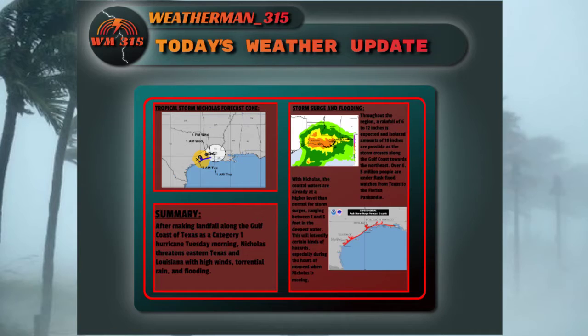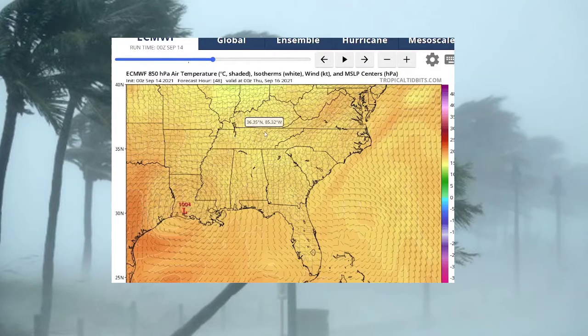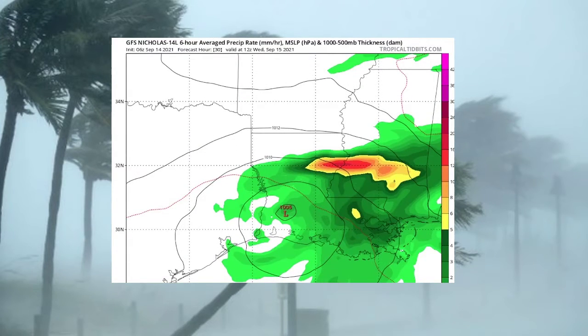But we do have a flash flood watch that remains in effect throughout the region right now. As we now enter the long range forecast horizon, I'd like to mention that both the GFS and the Euro model are largely in agreement, with Nicholas consolidating into a weak remnant low in Louisiana. See here, if we zoom in on the GFS, you can see how it really just becomes